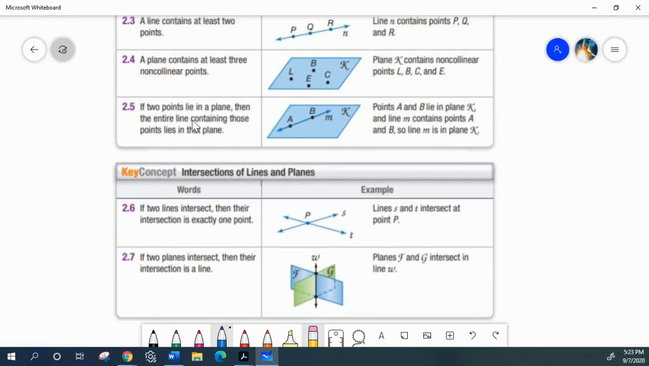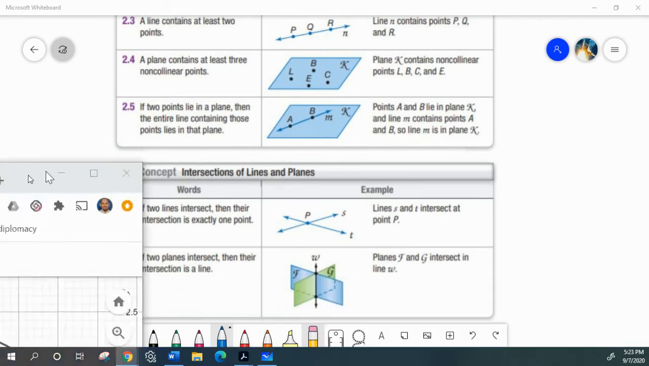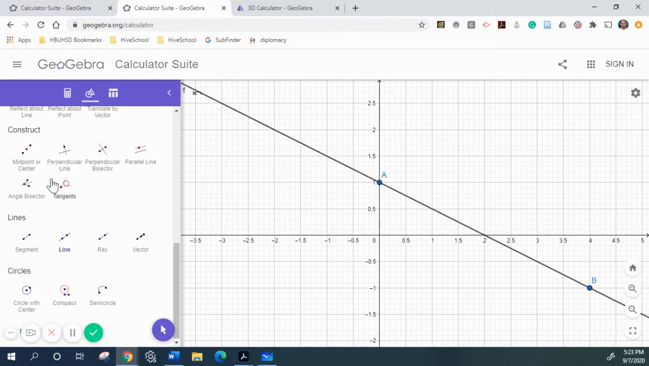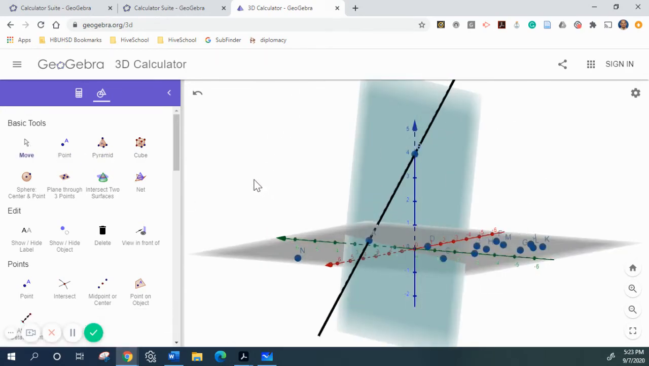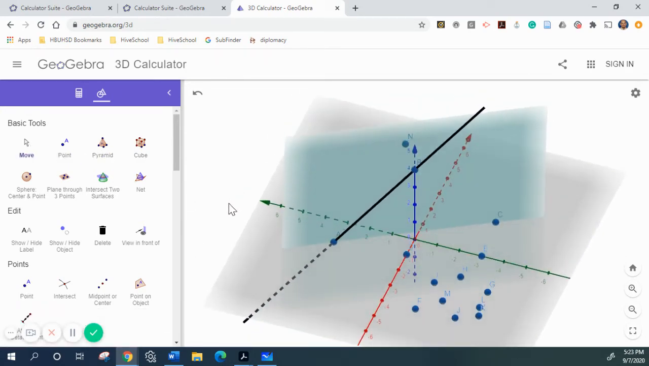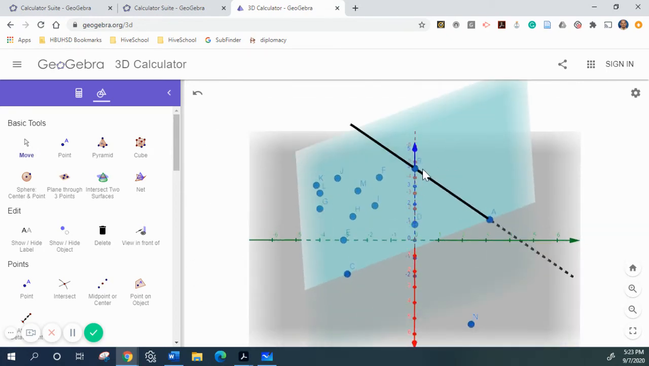Next one, if 2 points lie in a plane, then the entire line containing those points also lies in the plane. Again, that should be evidence for when we go to our 3D model. I created a plane with A, B, and C, and we notice that the line AB that we drew originally was through that point. Now, if I try to move point C or point A,